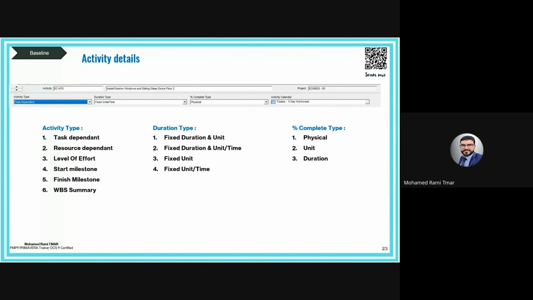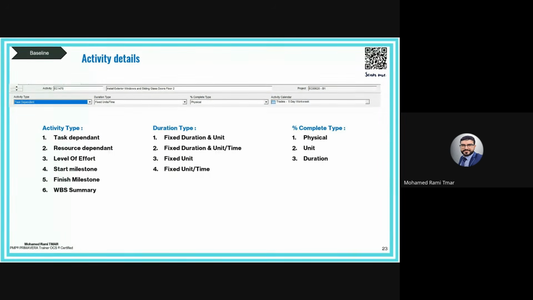So the idea is to take these work packages and go through more details to define the actions, the activities, the tasks. And when we create the activity in Primavera P6, there is some configuration of the activity details we need to understand